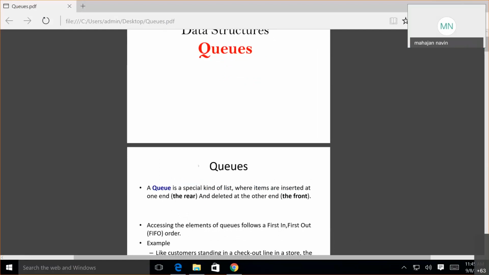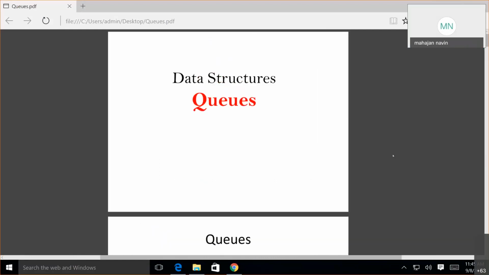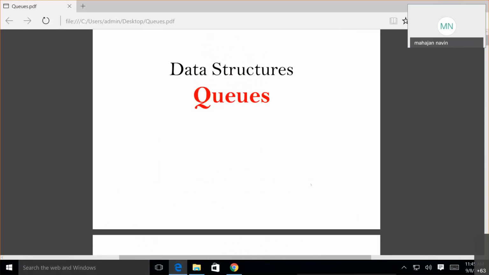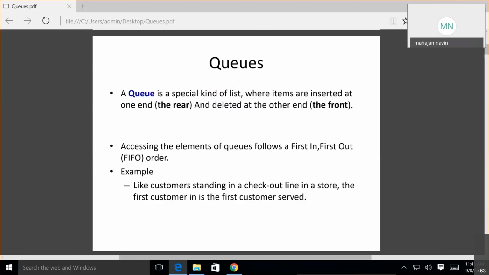In the last lecture, we have seen what a queue is. We have seen already what a stack is, and we have implemented stack programs.